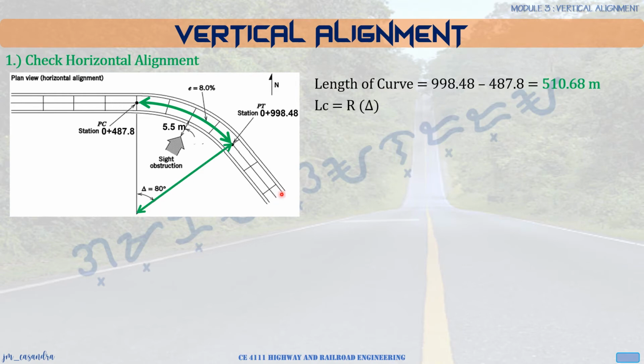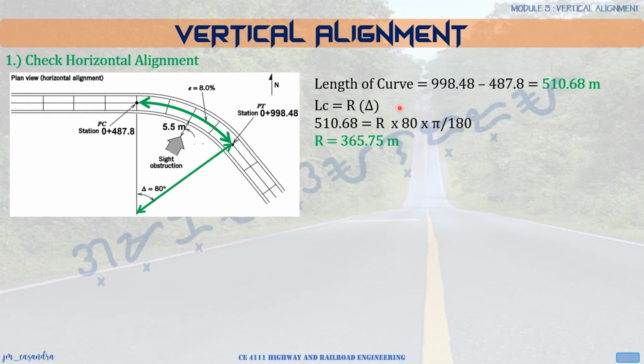Okay. So once we have computed for the curve, we can now compute for the radius of curvature. So R from your surveying is equal to LC, the length of curve, divided by the given intersection or central angle. So R now is equal to 510.68 divided by 80, and you convert this to radians. Okay, so the 80 degrees is converted to radians. So R now is equal to